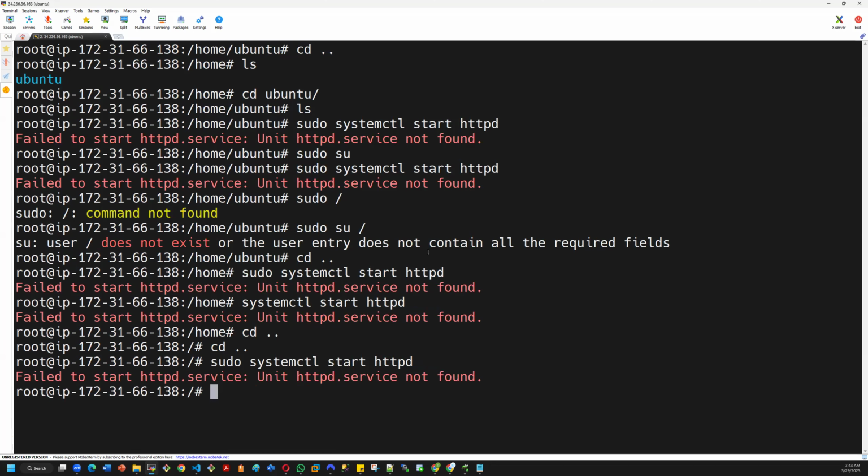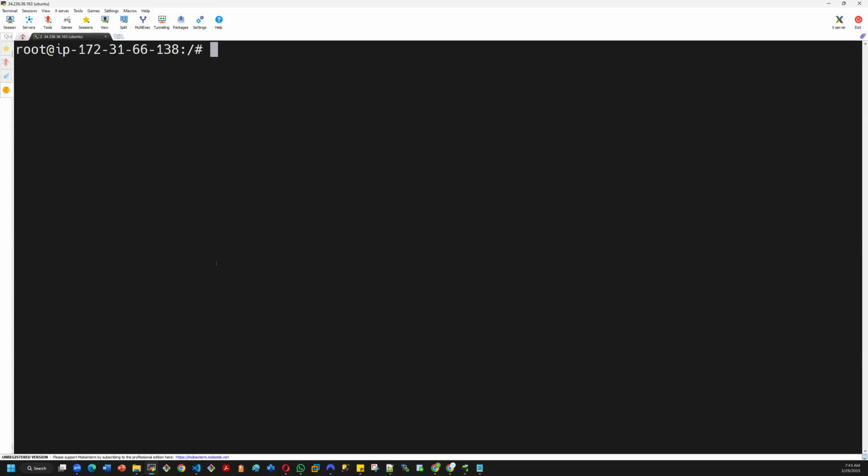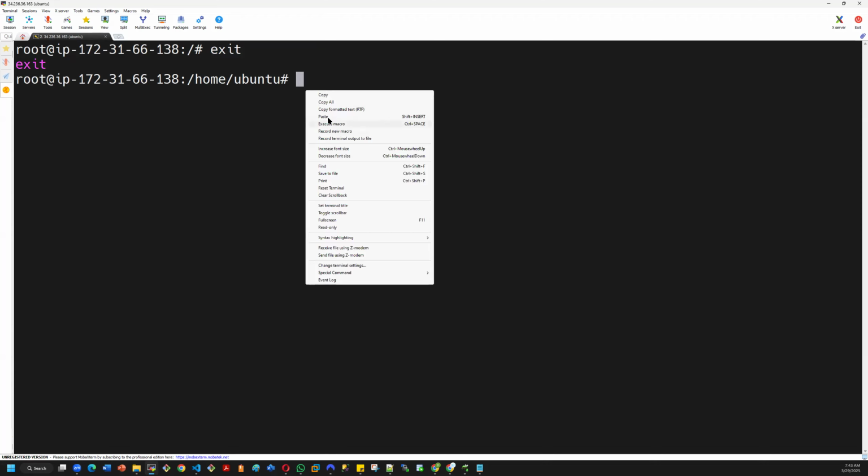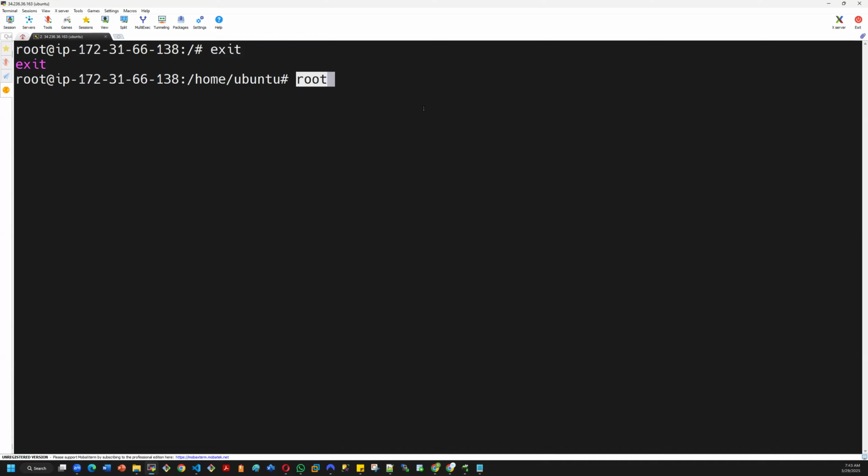Do you want to go out as root, or do you want to be a user? You want to be root? You can say exit. Yes. Now you're just a normal user, but it's still showing root. Let me see. Yeah, so these are the things that